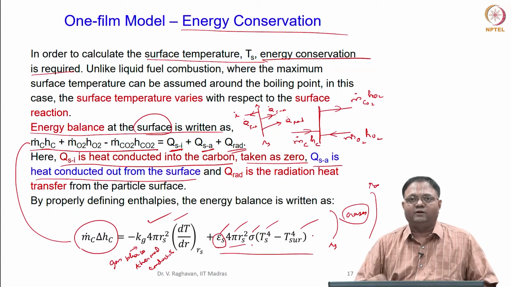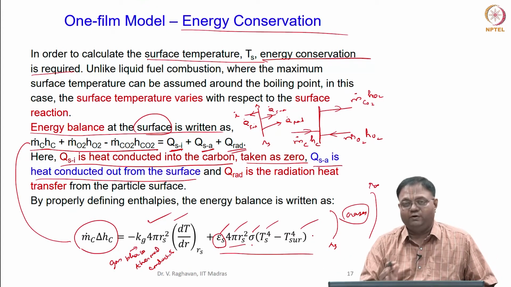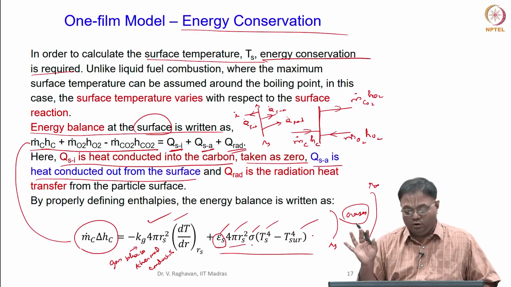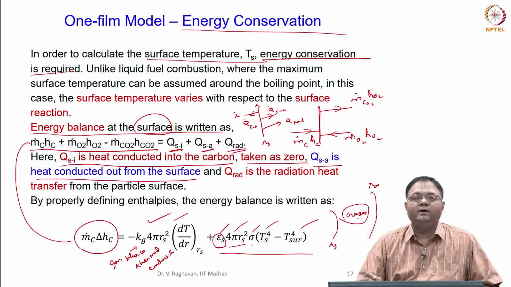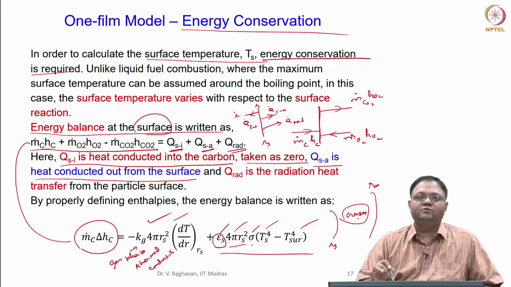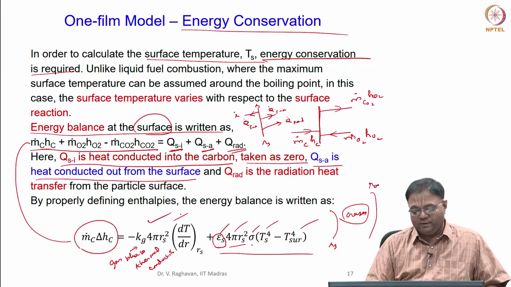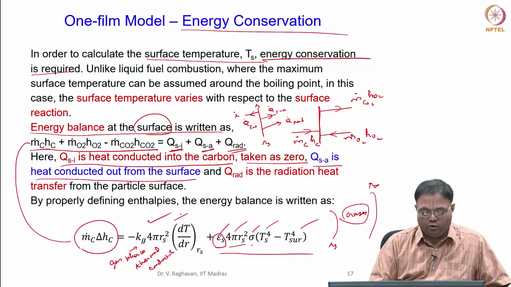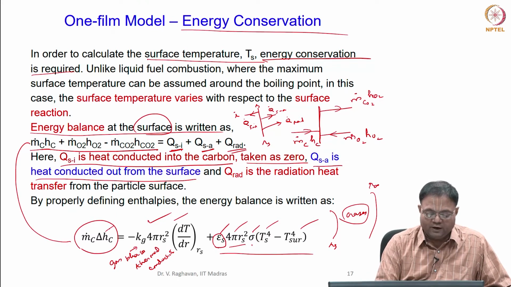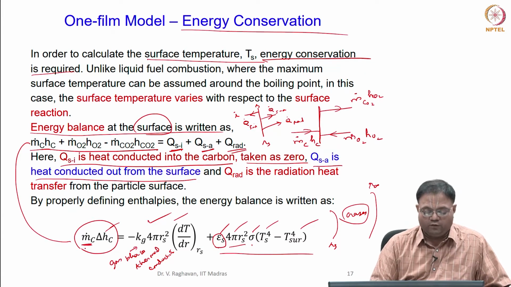It is not affected by anything else. From the surface it radiates to the ambient, that is all. So, the gases, participating media affecting the radiation etc. is not taken into account here. So, this is simple energy balance I do here. So, this is the heat of reaction, delta H, heat of combustion into the mass flow rate of carbon.